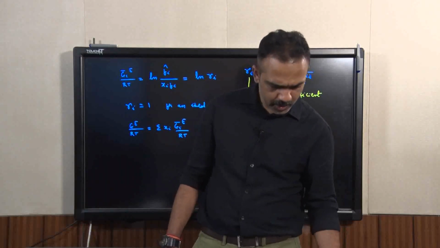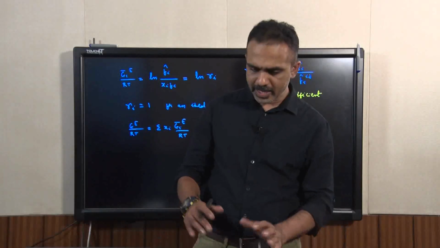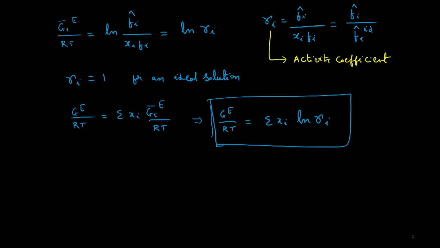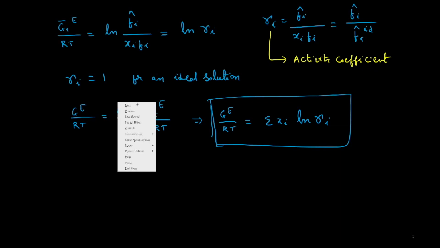Now, since we talked about the excess Gibbs free energy and how the fugacity of species in a solution is related to it, let's go back to our original problem of how to obtain GE by RT from vapor liquid equilibrium data. To do that, what we need to do is formulate the vapor liquid equilibrium problem. If you recall, we said